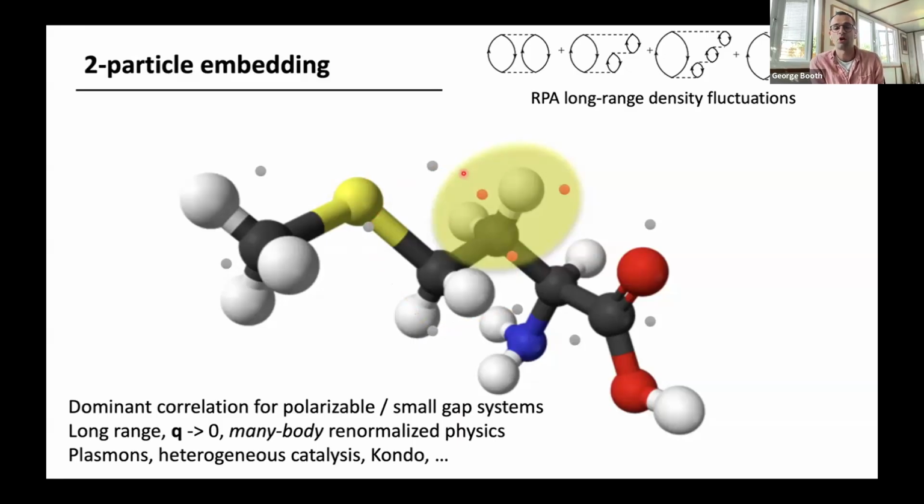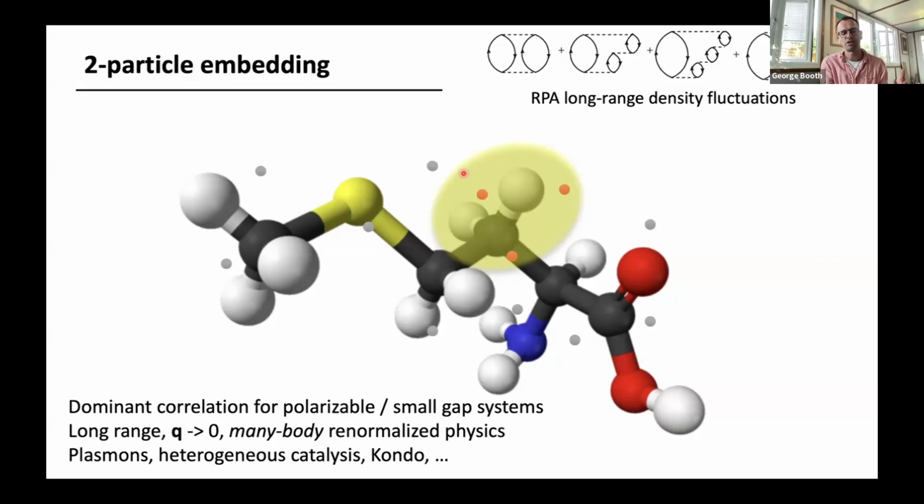And really often the dominant physics that we want to describe is the particle-hole random phase approximation fluctuations. These are essentially the charge density fluctuations driven by the polarizability of the environment, and they really can be the dominant correlated contribution for small gap polarizable systems. Think high density limit of the uniform electron gas. And they're absolutely crucial if we want to get a lot of the correct physics in an ab initio perspective. So we want to include this coupling of local strong correlation to these long-range coherent density fluctuations,